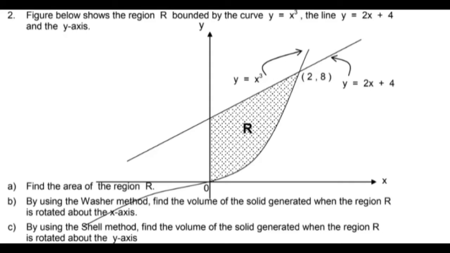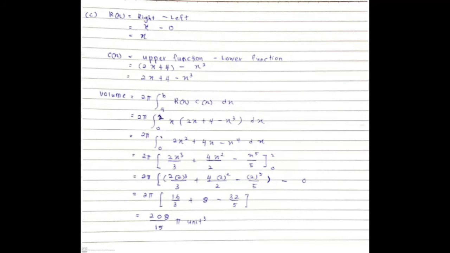Problem statement, question C. By using the shell method, find the volume of the solid generated when the region R is rotated about the y-axis. So the solution for question C,